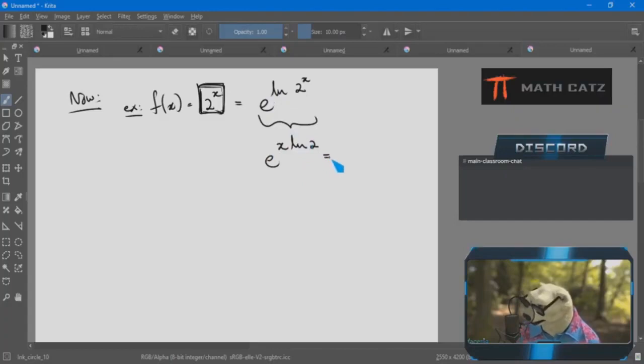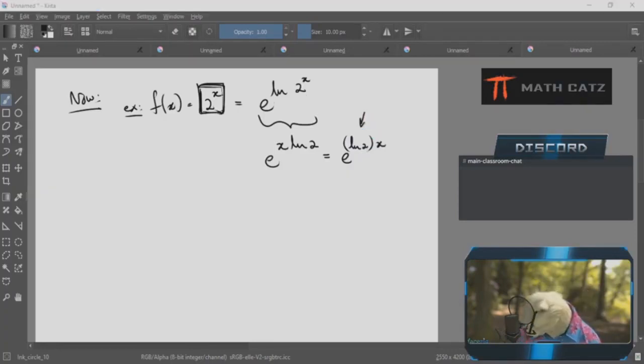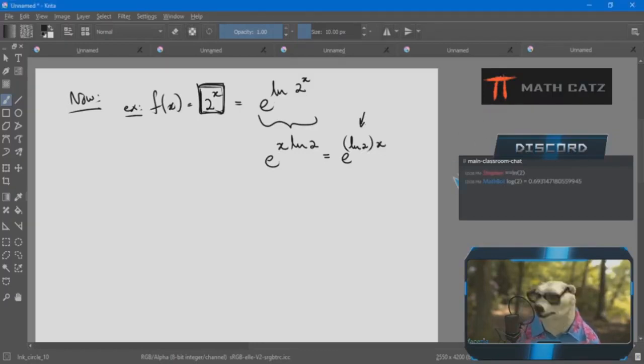Then I realize, well, this log of 2 is just a number. I'm going to help myself by just putting it in front and remembering, what is it? Let's find out. Let's calculate it. I think I have already, but let's do it anyway. It is just a number. It's 0.6931 and so on and so on. Just a number. So that means that instead, I'm going to see my function as a natural exponential function of